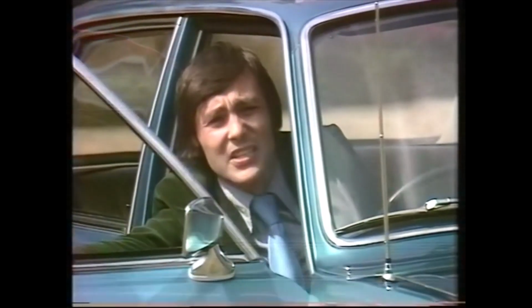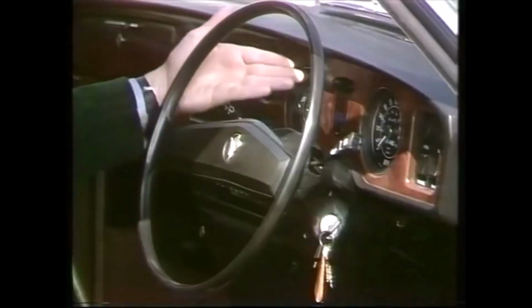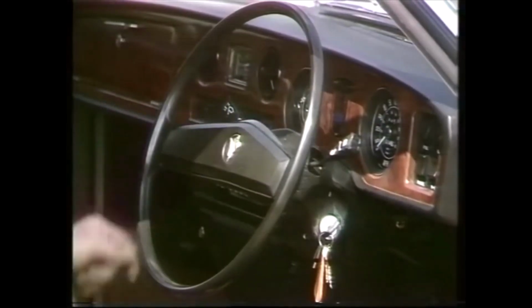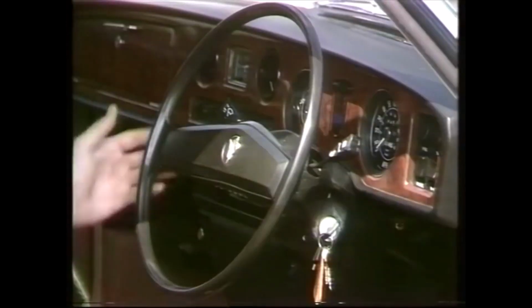But it is on the inside that you really notice the difference. For a start off, the wooden dashboard, for instance, really is wood. None of your plastic. This is genuine burr walnut. Instruments nicely recessed in there, and they've even got walnut cappings on the top of the doors. Headlining, brushed nylon. Good quality stuff, shades of the Daimler 66. And the steering wheel,